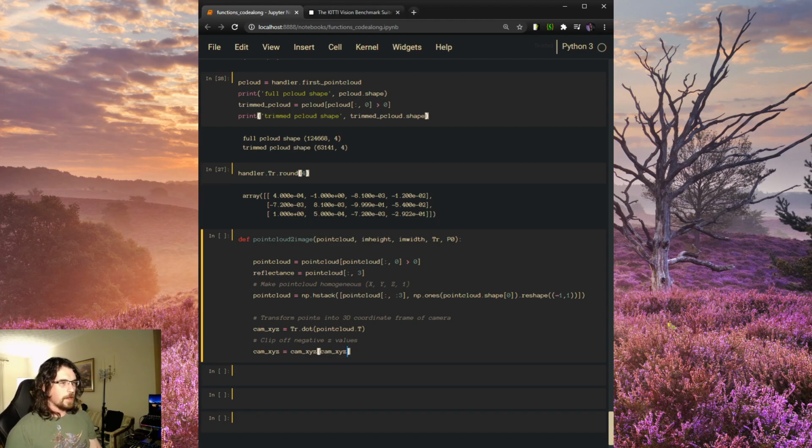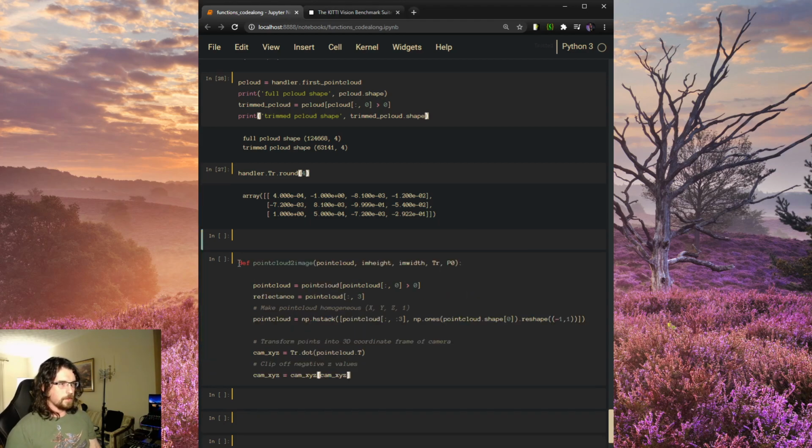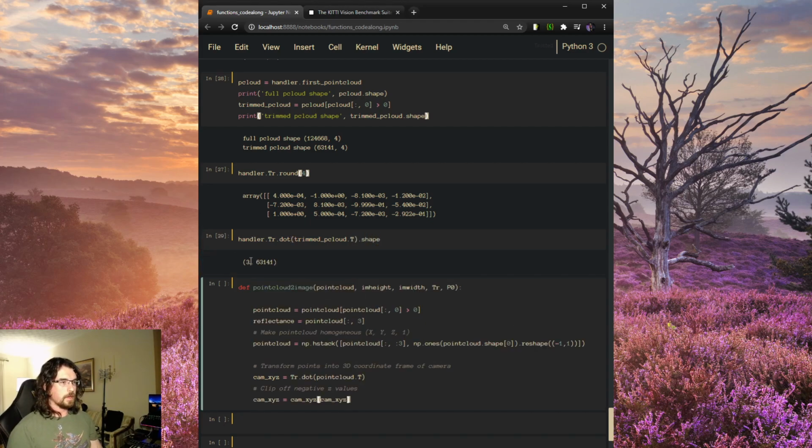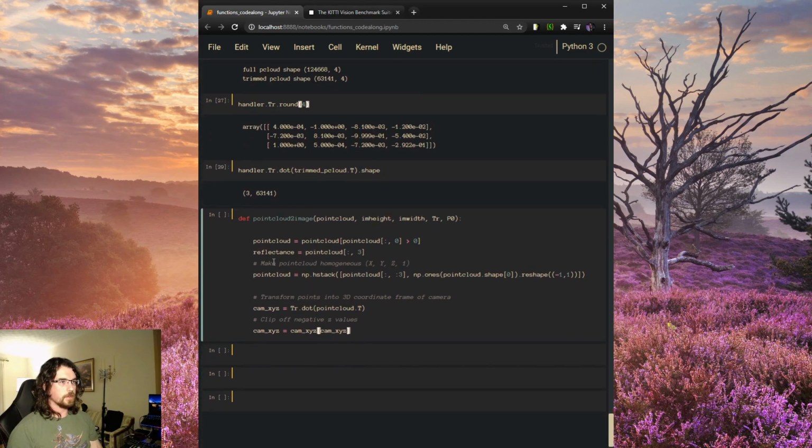Now I'm confused. Let me think real quick just to see what shape you get after you mold. I'm pretty sure it's going to be rows by columns. So if we do handler.tr.dot of the trimmed pcloud.t, and we'll just take dot shape of that. Yeah, okay, so you see we got 3 rows and the number of columns that correspond to the number of